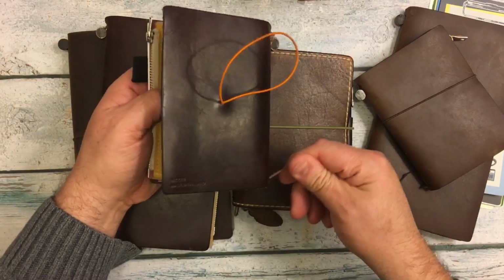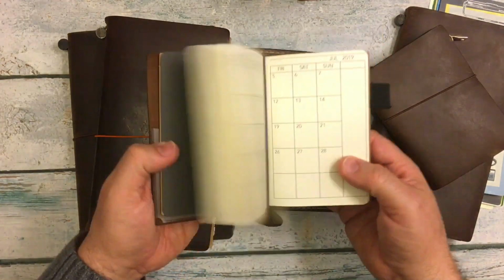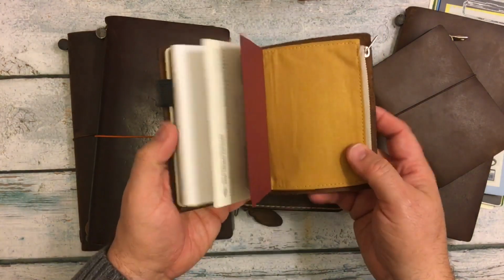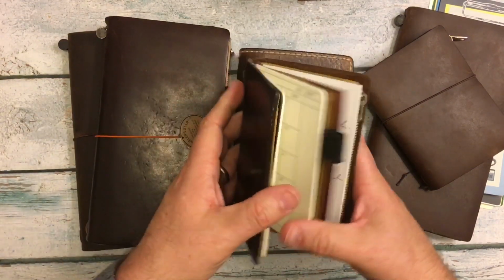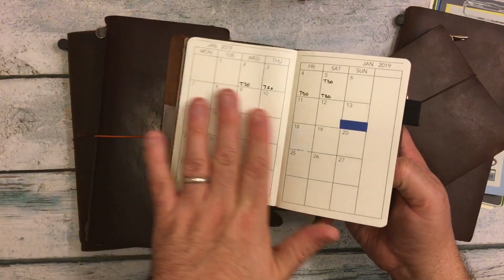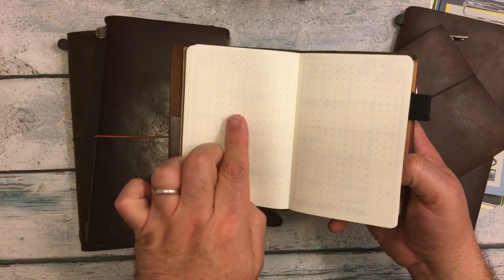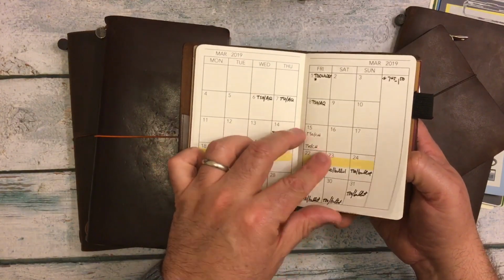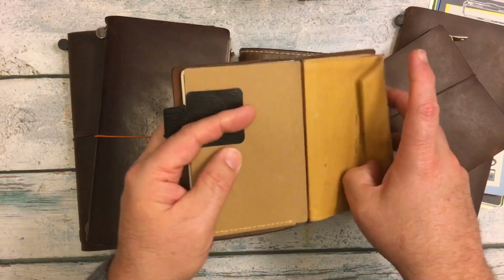I wasn't sure if I was gonna like the standard size, but I thought, well, I could turn this into a calendar, a notebook, and a wallet. And that's pretty much what I do with it. I have it set up for next year. I have the new Pikidori design, month on 2 pages, with 2 pages of dot grid before each month. A folder,